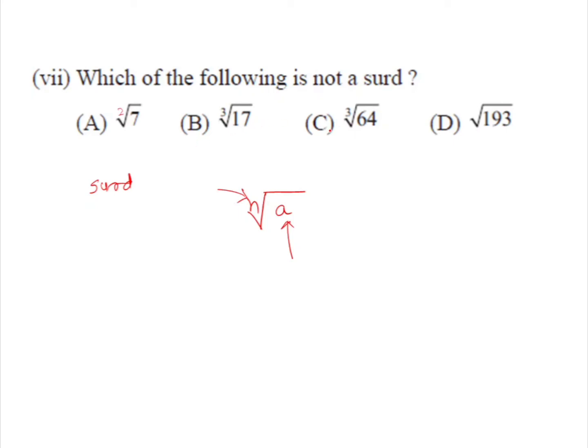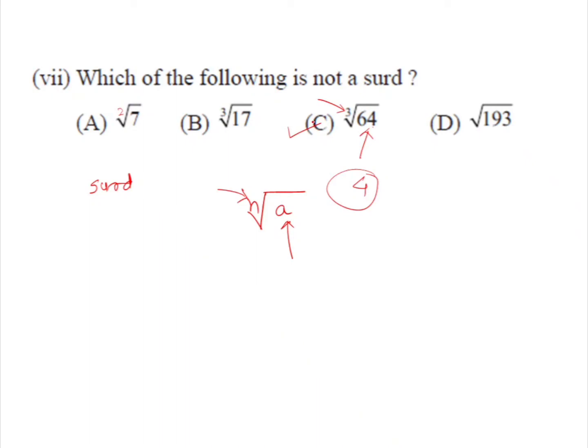Now if you consider the alternative C, as we can see here, the order of this surd is an integer. The radicand is also a positive real number, but the number which is formed, that is the cube root of 64, which is 4, and we know that 4 is not an irrational number. So here the third condition is not satisfied, that's why option C is not a surd. So our correct alternative is alternative C, which is not a surd.